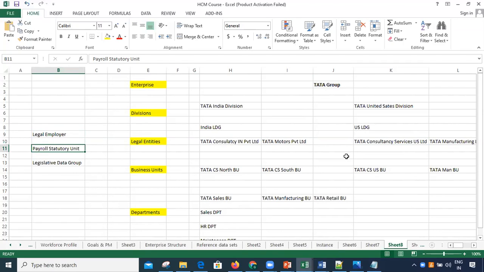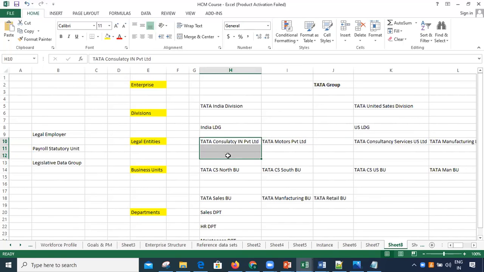Let's suppose my client has a requirement that two companies are there in India. One is Tata Consultancy and the second one is Tata Motors. My client is telling me that for the employees of Tata Consultancy, it will pay salaries itself. Tata Consultancy only will pay salaries to its employees. But for the employees of Tata Motors also, this TCS is going to pay the salaries. Understand the logic here. Two companies are there in India. So this TCS is going to pay salaries to their employees.